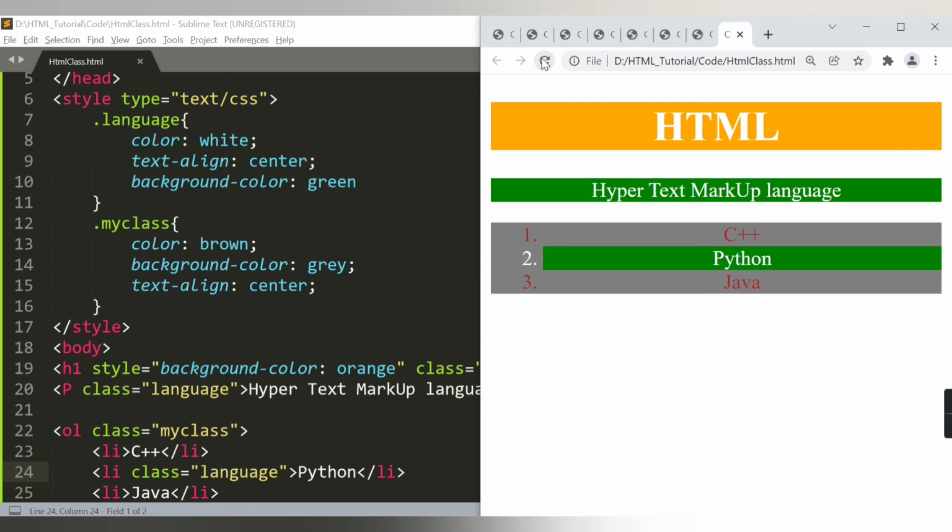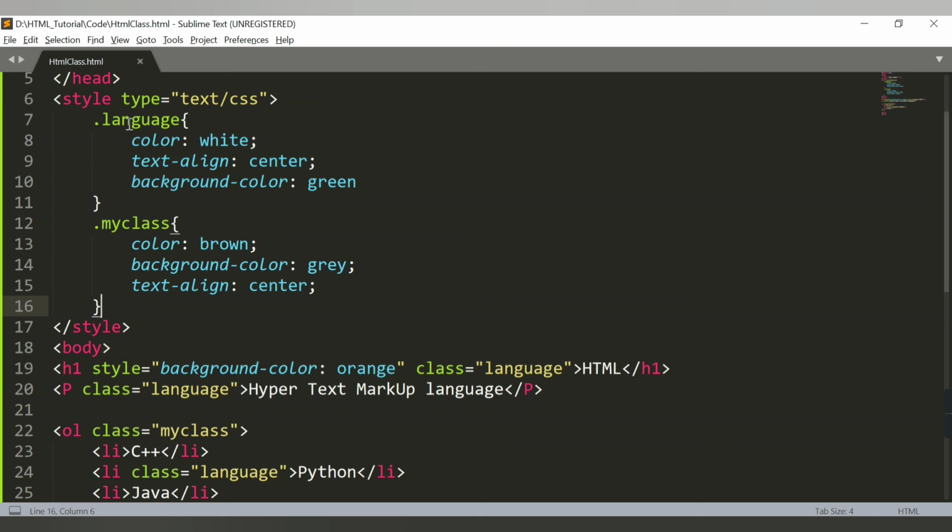If I refresh the page, see the Python is getting green color, the color of text is also white, and background color is green because we have provided here the class as language. Also one more thing you need to remember here, the class names are case sensitive, so it will be different if you provide uppercase and lowercase in the class names. So that was all about the demo of classes.